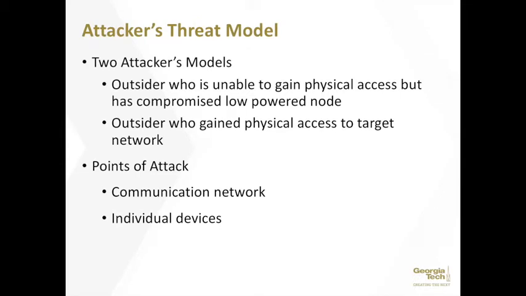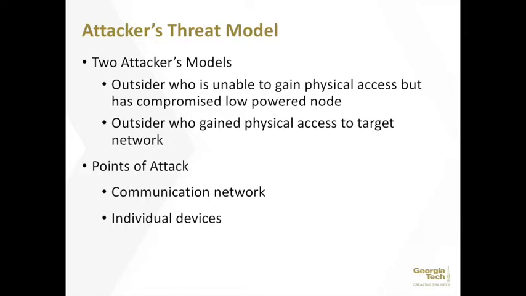Now let's talk about the attacker's threat model. With ICS network security, one of the unique challenges is physically securing the network, and that can be very, very difficult, especially when it's over 3,000 square miles and over 30-plus subsystems. So an attacker can relatively easily gain access to the network. So how do we then secure it?